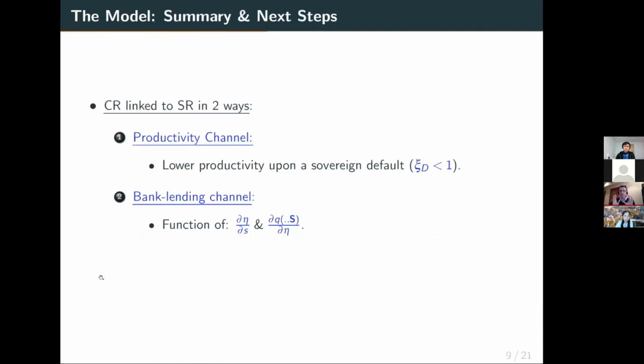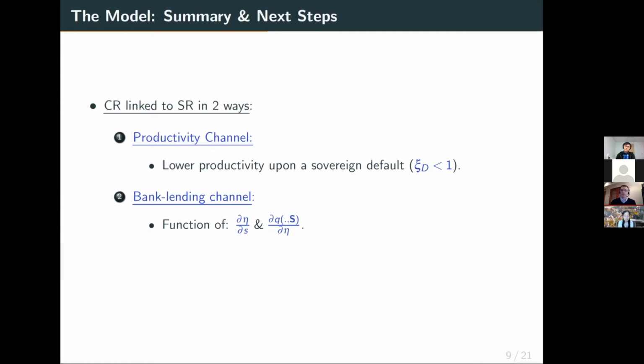Okay, so let me summarize what I have said so far. I formulated a model in which corporate risk is linked to sovereign risk in two different ways. You have this productivity channel, which is exogenous, and the idea is that if the government defaults, the productivity of the firm will decrease. And you also have this bank lending channel, which is completely endogenous, okay? And this bank lending channel, at the end of the day, is a function of two main things. It depends on how much the net worth of the bank changes after a change in sovereign risk. And it also depends on how sensitive this pricing kernel of the firm is to changes in the net worth